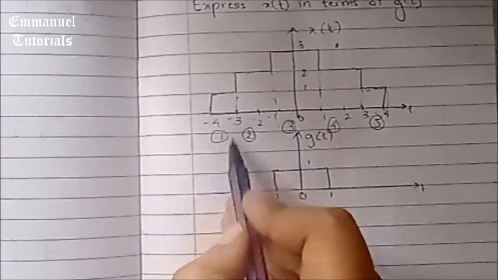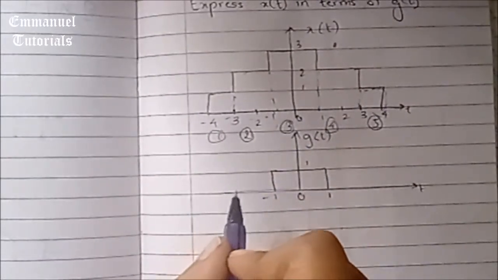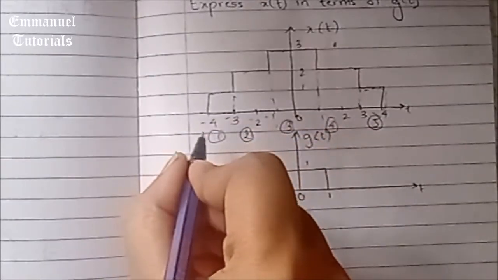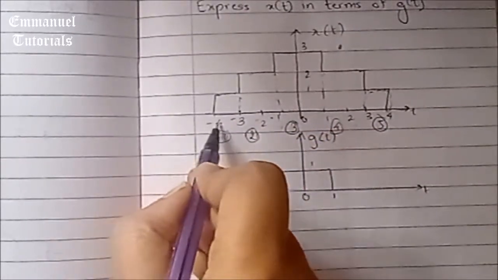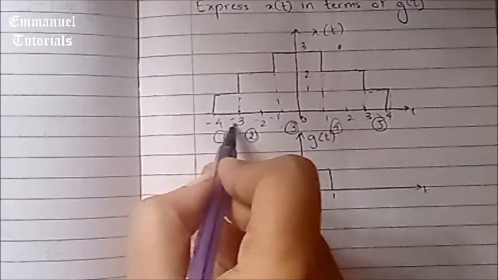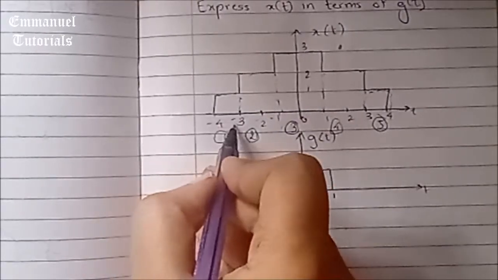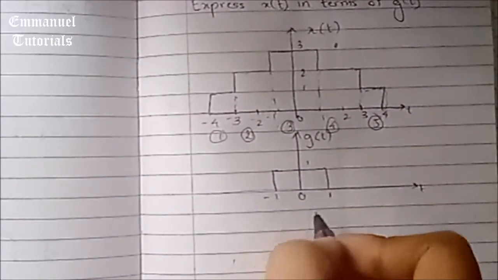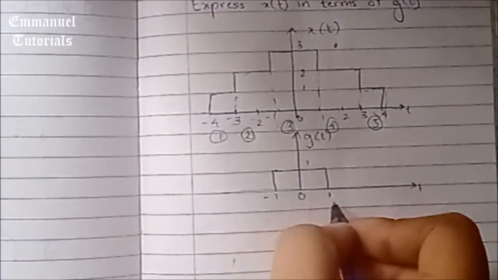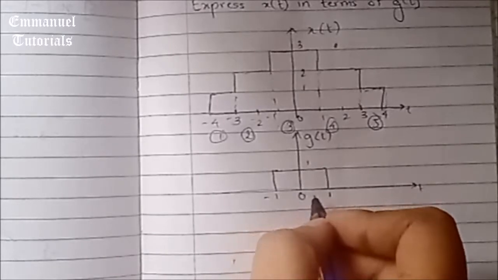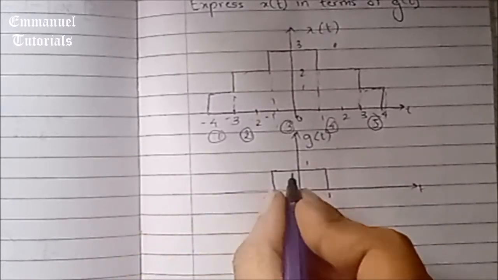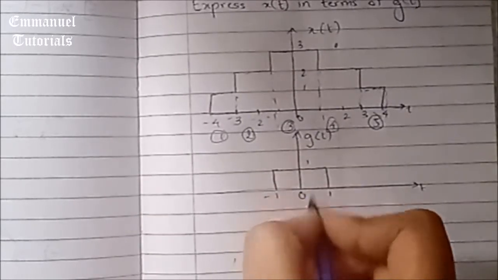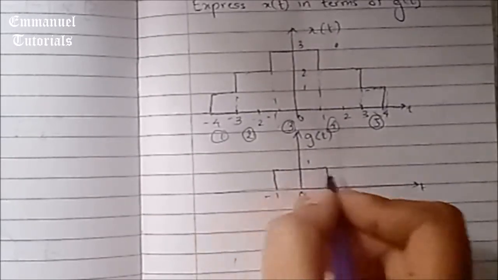Now first we'll start with the first part of the signal. We have said that it's a compressed version because here you can see that the signal is extending only to 1 unit time, because from -4 to -3 it's 1 unit time. Here it's extending to 2 unit times because from -1 to 1 it is 2 units of time. So we can say it's compressed by how much? By 2, because we have divided this by 2.